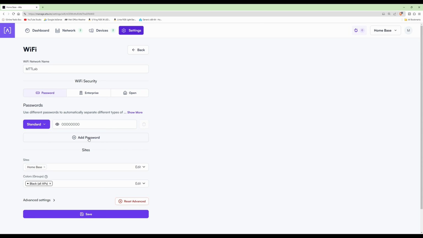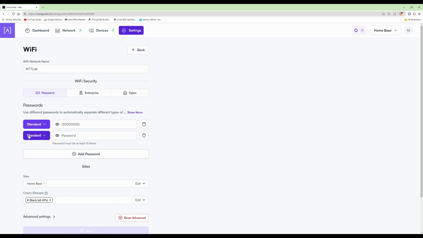We'll click on add password. Where it says standard, we'll select our VLAN. In this case we'll have VLAN number 2, and for this we could set a download rate and an upload rate, and also tick various options, for example bypass hotspot, ignore schedule, bypass filter, and we can set various rules as well. We can also set it as an